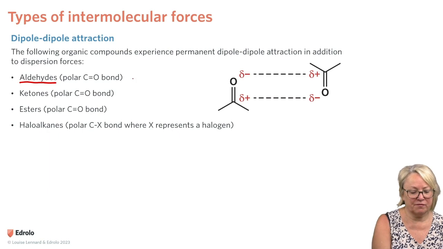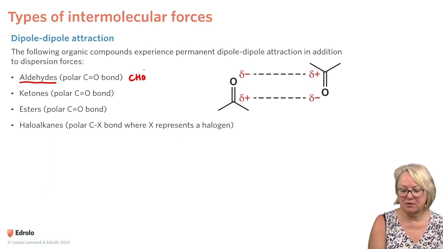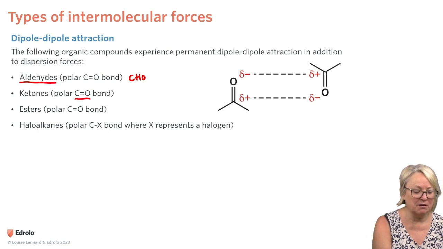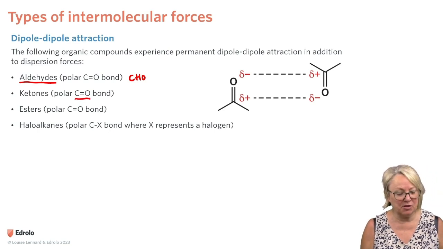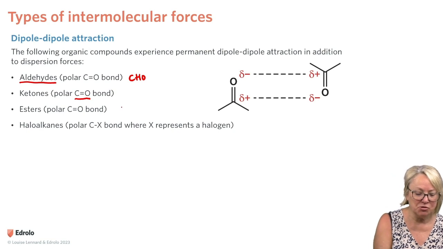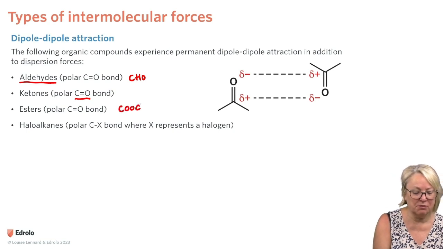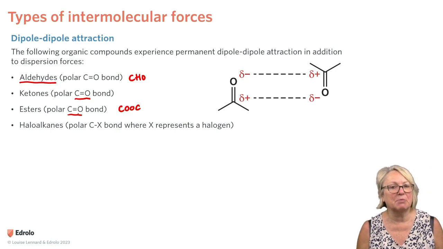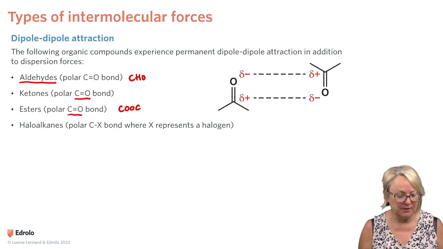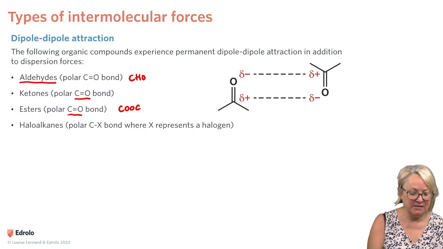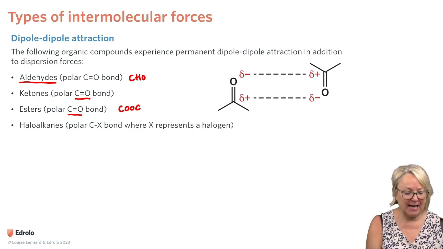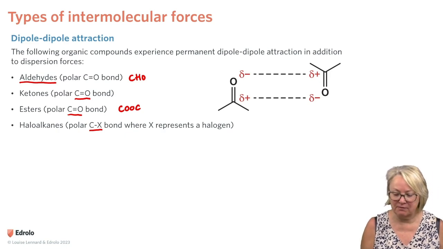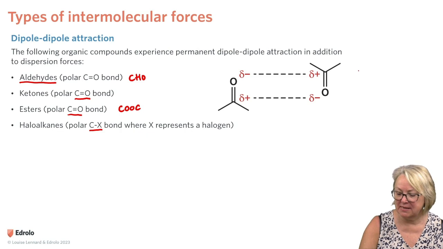Aldehydes, which have got the CHO group on an end carbon. Ketones, which have the carbonyl group somewhere in the middle of the molecule. Esters, which also contain the COO group, but they contain the carbonyl group as part of that COO group. And haloalkanes, where we have a polar carbon to halogen bond where X represents a halogen. So here we have two ketone